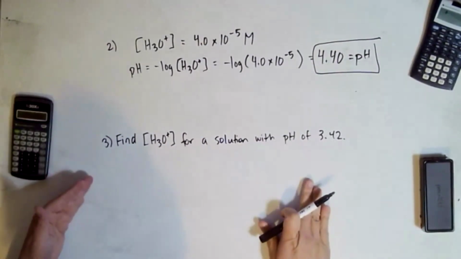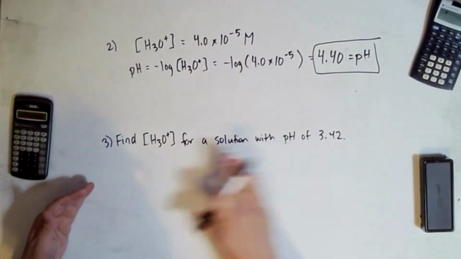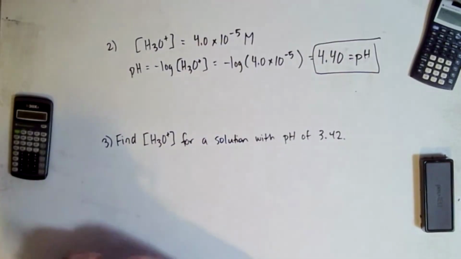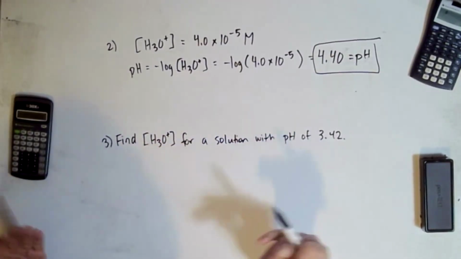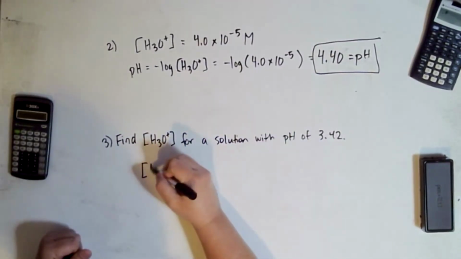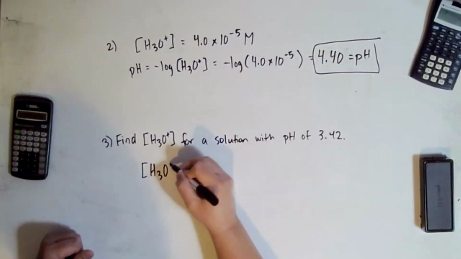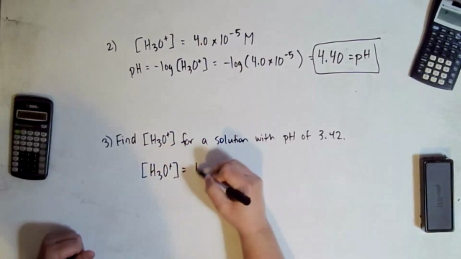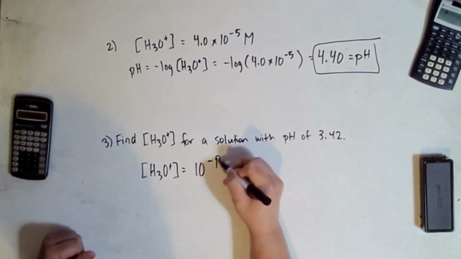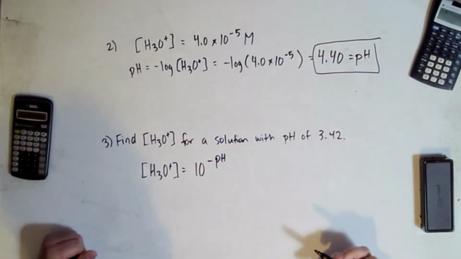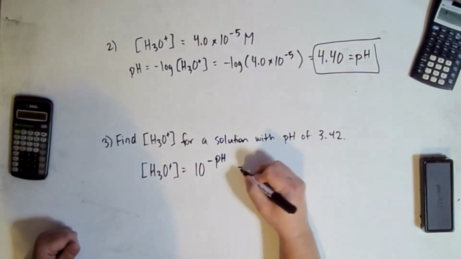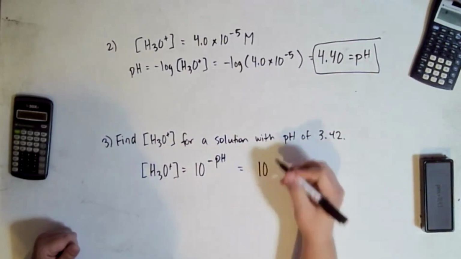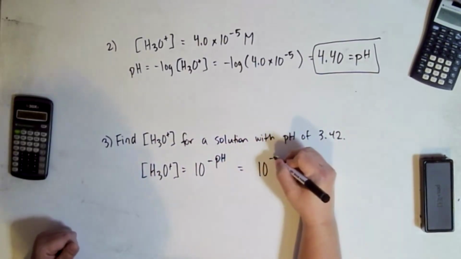Now for our next question, they're giving us the pH and they want us to find H3O plus. So we're going to have to use that other version of the equation that we talked about to find our H3O plus from our pH. It's going to be 10 to the negative pH. So this is going to be 10 raised up as an exponent